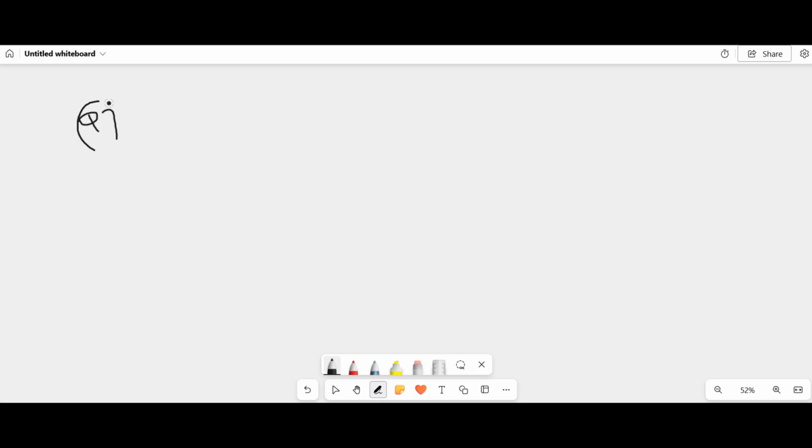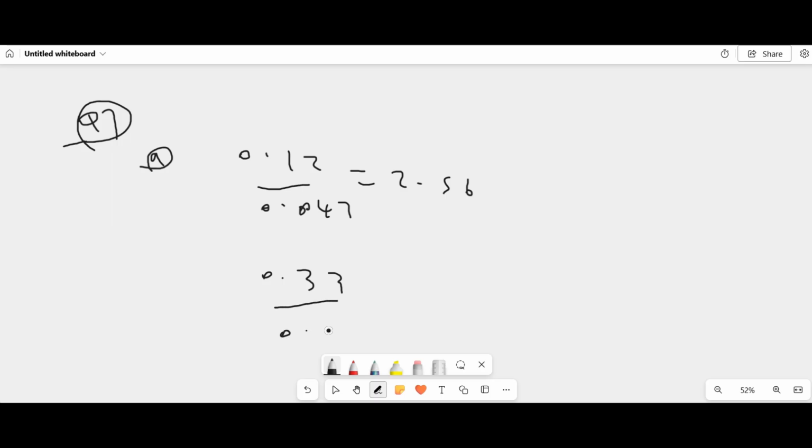Alright, cool. 7A. So we've got a table here and it says find the rate of carbon dioxide per gram. So you need to do rate of carbon dioxide divided by the mean mass here. So do that for each one. So 0.12, you're going to get 2.56. Next one, 0.33 divided by 0.046,